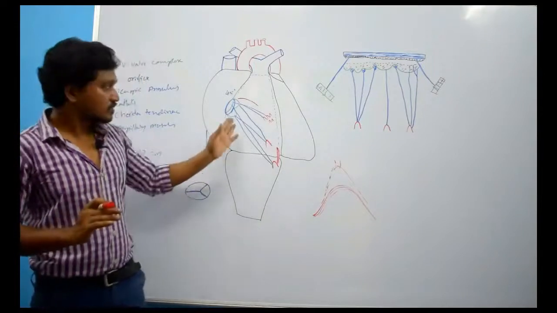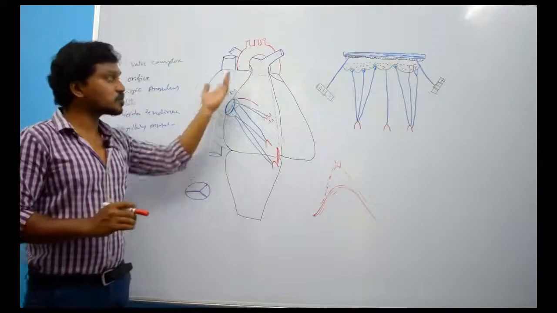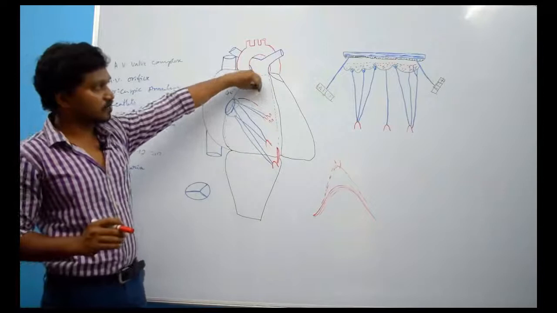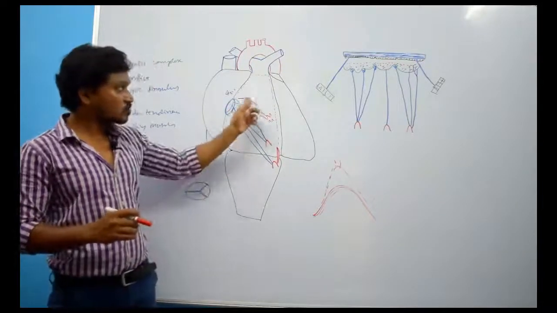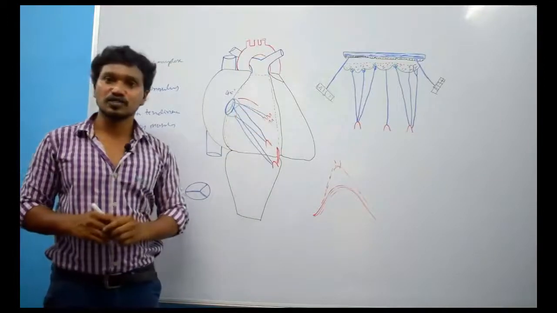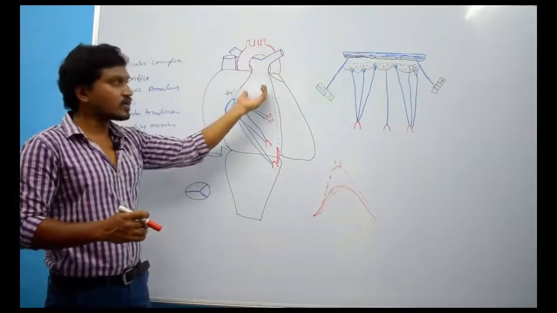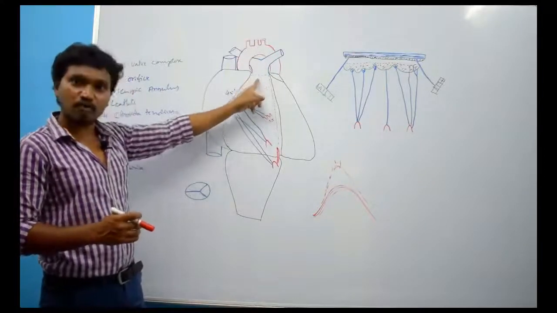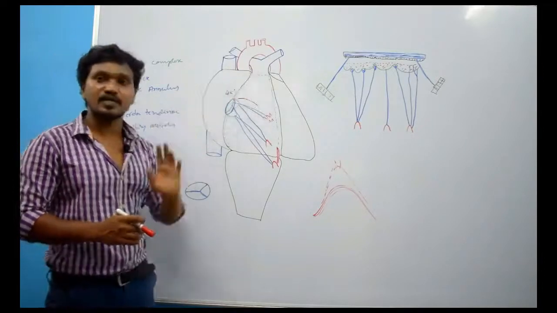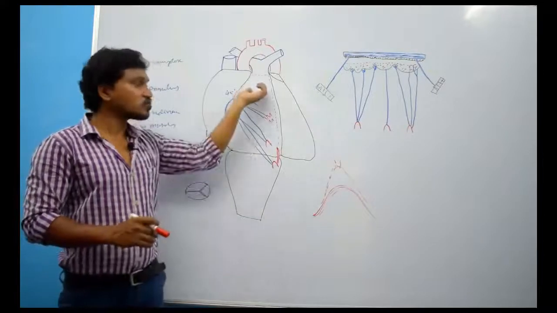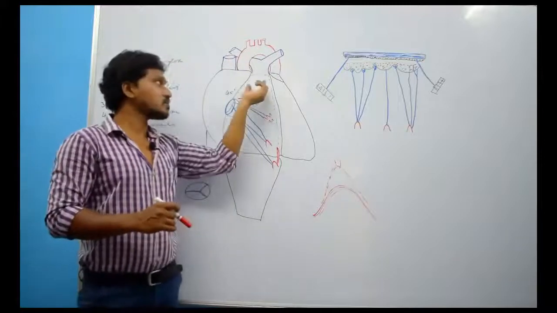Clear? So that is about the rough inflow part. Then the smooth outflowing part. This smooth outflowing part is present above the supraventricular crest and septomarginal band. That means this part is the smooth outflowing part. This smooth outflowing part continues as the infundibulum of the right ventricle, and this infundibulum continues as the pulmonary trunk. That means the smooth outflowing part in the upper part contains a conical shaped part of the ventricle.